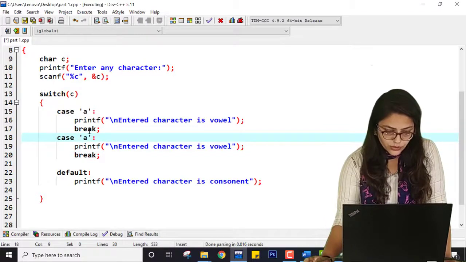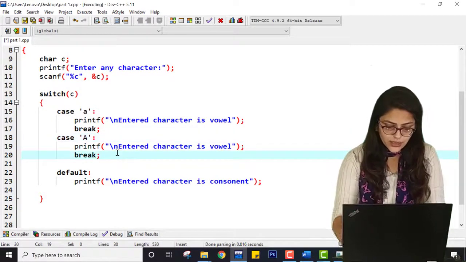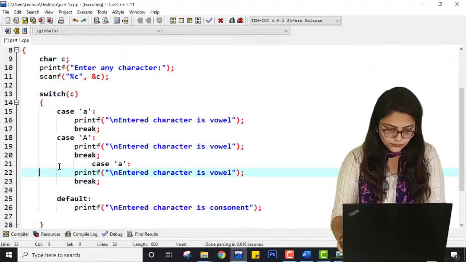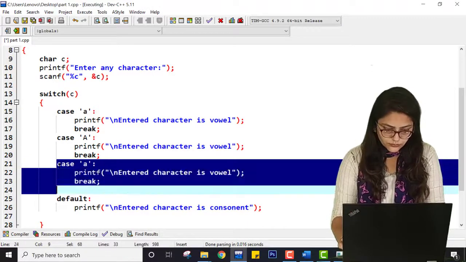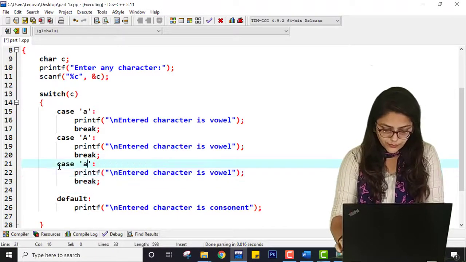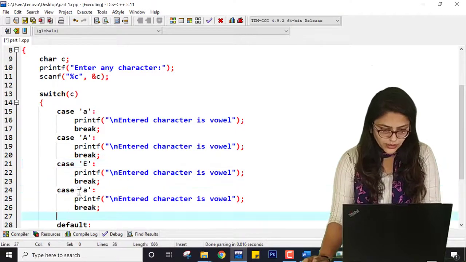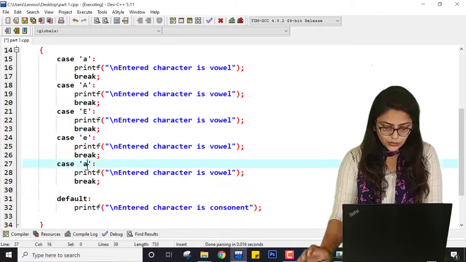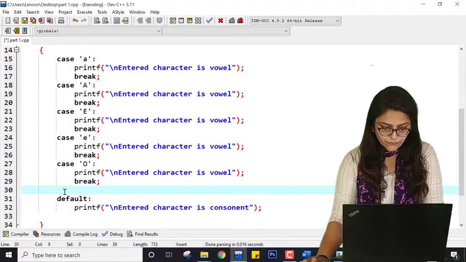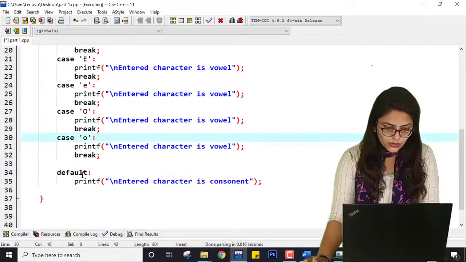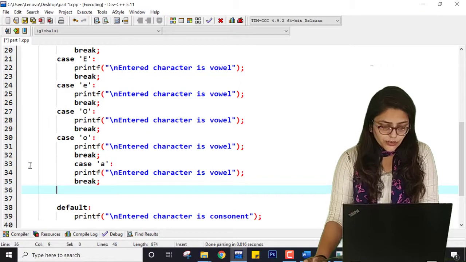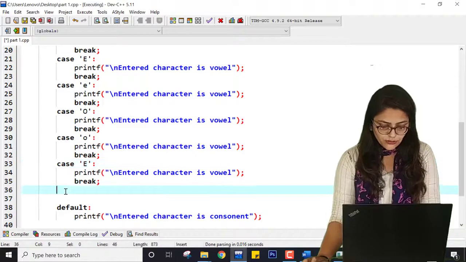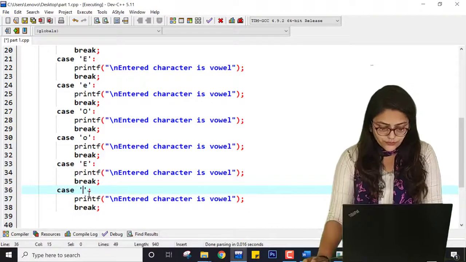So even for capital A I have to write this, even for capital E, and for small e, for capital O, and for small o. I am just writing this code rigorously because I want to show you the difference of one feature of switch.